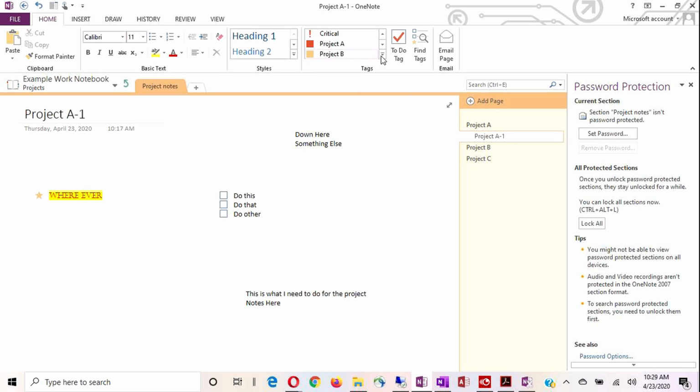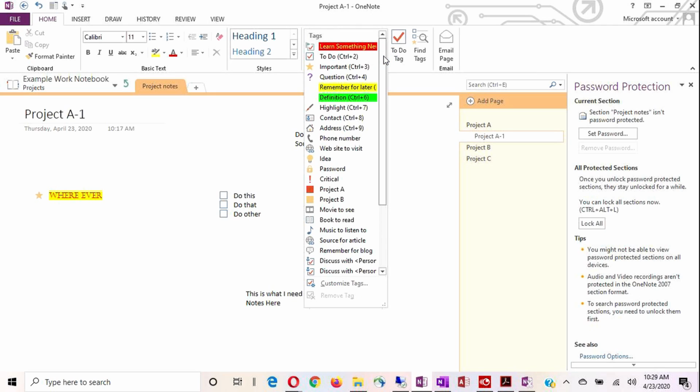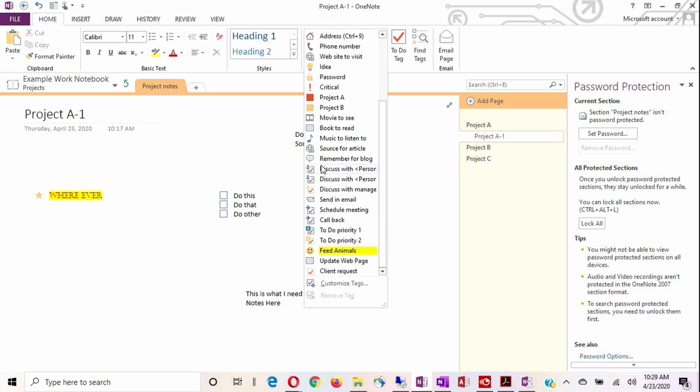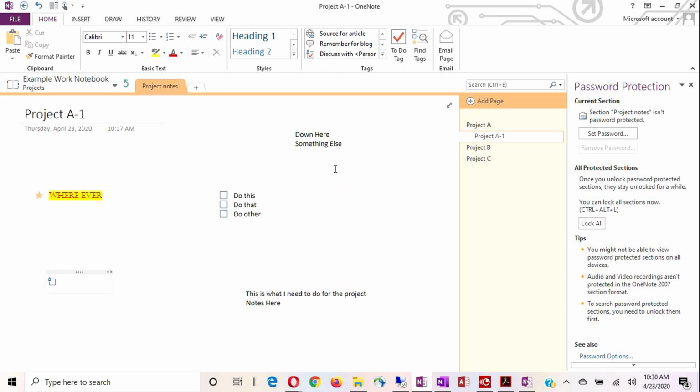I want to come down here and show you there are other to-do list type items. Anything you see here in the tags that has the checkbox is, per se, a to-do list item. These are things you can use the checkbox to check off. So we'll put in here discuss with person A, and you can modify that. You can modify these tags and specify who person A is. So let's say I need to discuss new project